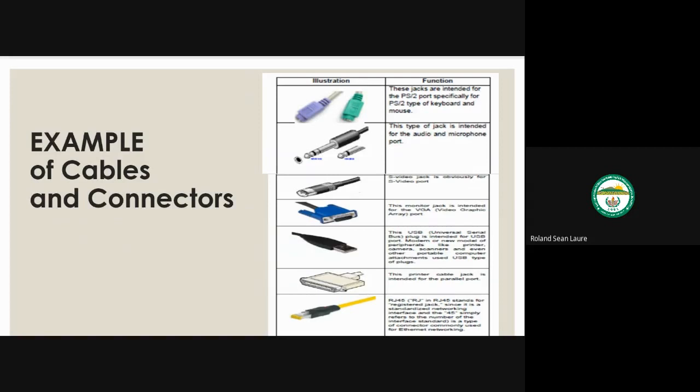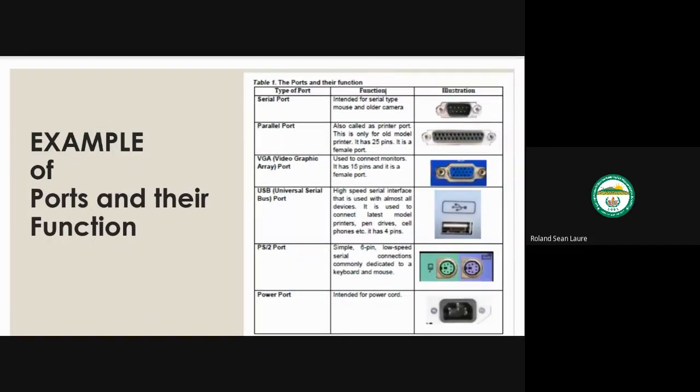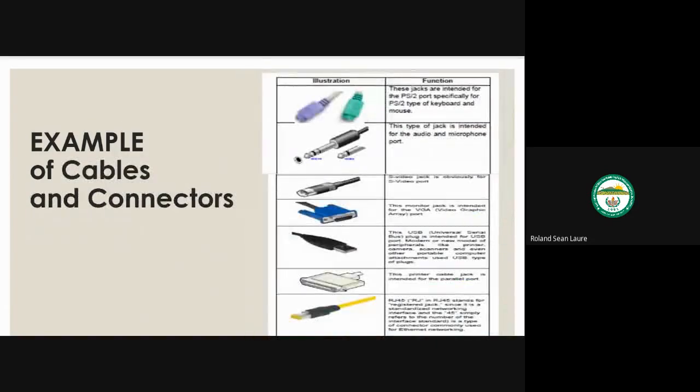So these jacks are intended for the PS2 port, especially for PS2 type keyboard and mouse. This is where we plug in the cables at the ports at the back of the computer. What we discussed earlier were ports, and these are the cables. Okay? So next is the